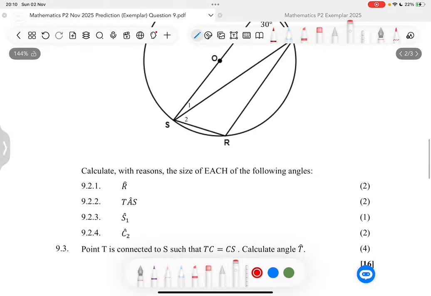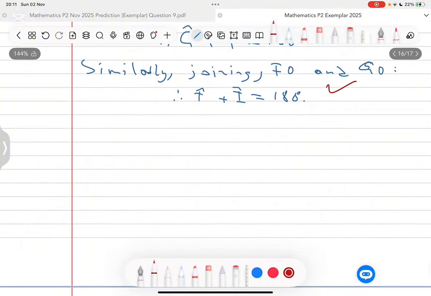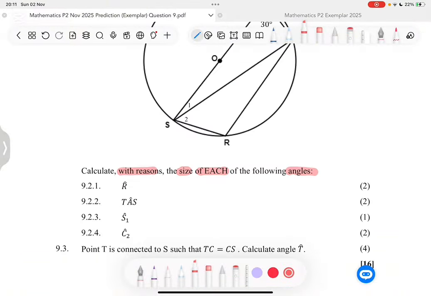Now, if we go to the question, it says calculate with reasons. Very important. All the time when you do geometry questions, make sure that you specify the theorem that you have used as a reason. The size of each of the following angles. So we're looking for the sizes of the angles here. Now we are doing question 9.2 and we are on 9.2.1. We are looking for the size of